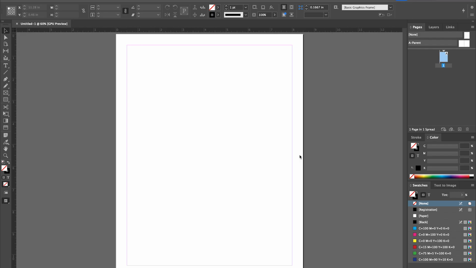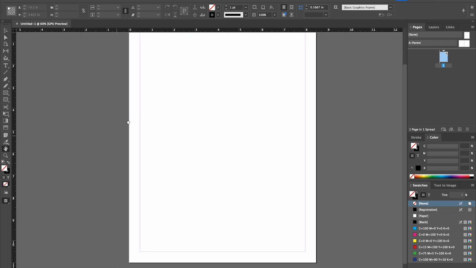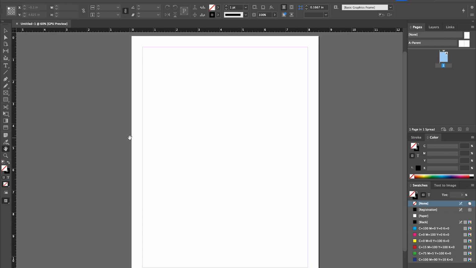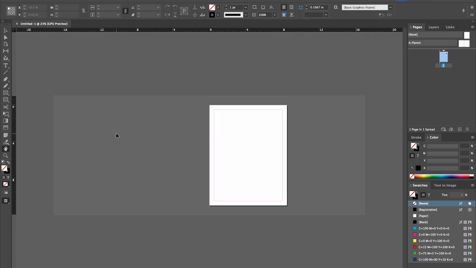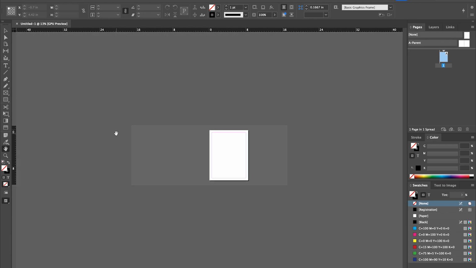Last week we went over a few user interfaces. We looked at the selection tool, the direct selection tool. We talked about using the hand tool to move our workspace around. We talked about zooming in and zooming out, which is Command minus to zoom out and Command plus to zoom in. We learned that this lighter gray area here is called the pasteboard area, and that is for